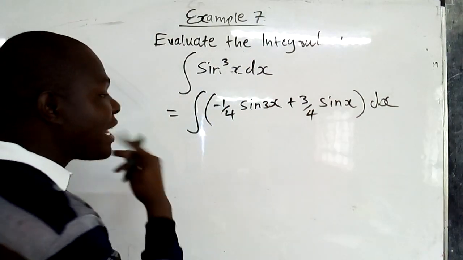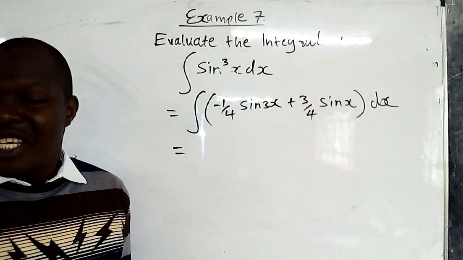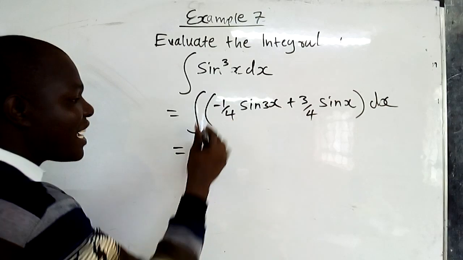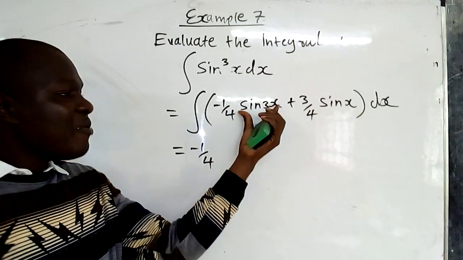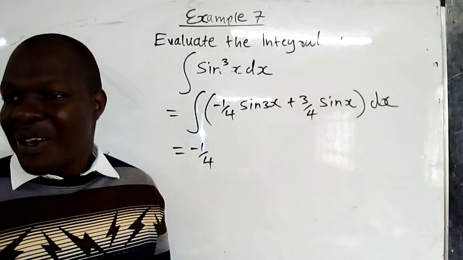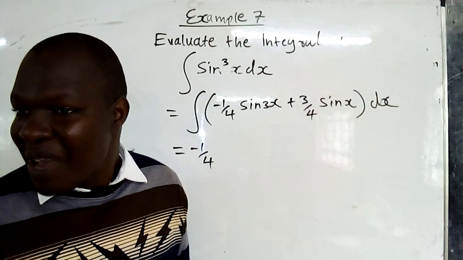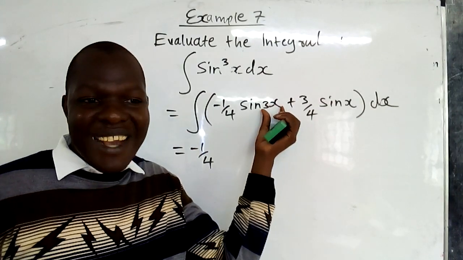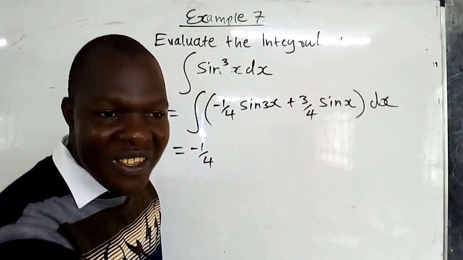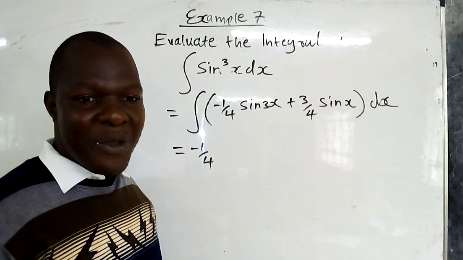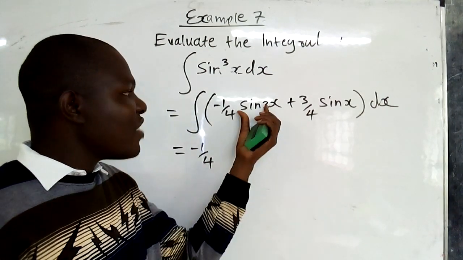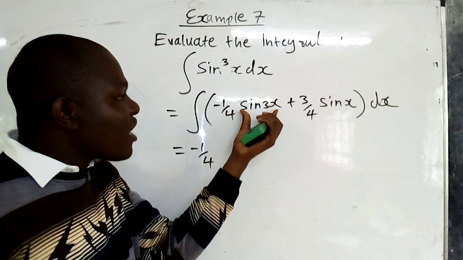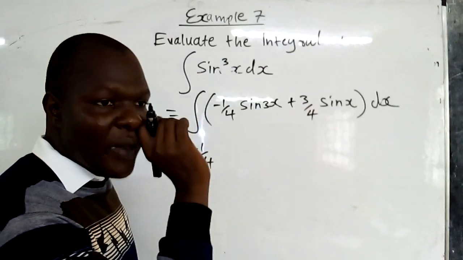We can now integrate. So here, you just use standard integration on the spot. So you get here negative 1 over 4 is a constant. If you integrate sine 3x, the derivative of the inner function must be a constant. Meaning if the inner function is 3x, isn't it? If you differentiate 3x, you get 3. You are done with that, isn't it? So what is the integral of sine 3x? If you integrate sine 3x, you get